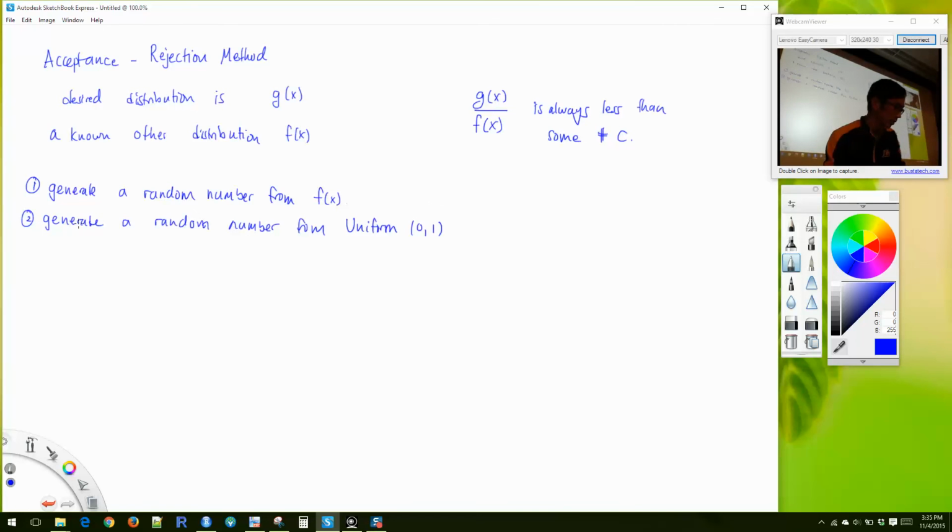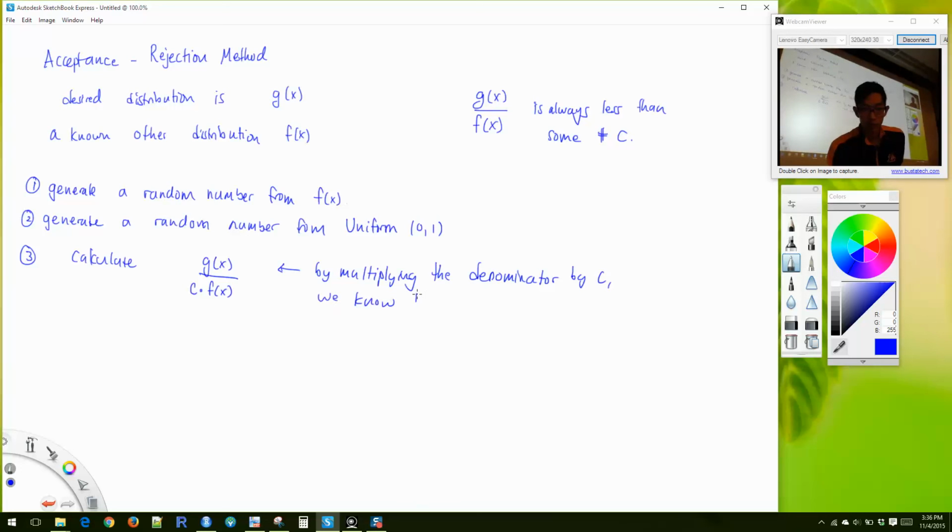And then what we do is, if we know this value c, we calculate g of x divided by c times f of x. The reason why is that if we multiply the denominator by c, then this quantity is always going to be less than 1. And so what we do is we compare the random number we generated from the uniform,